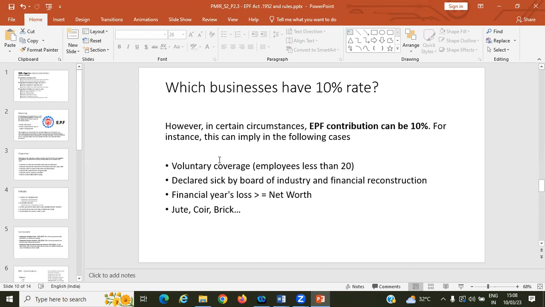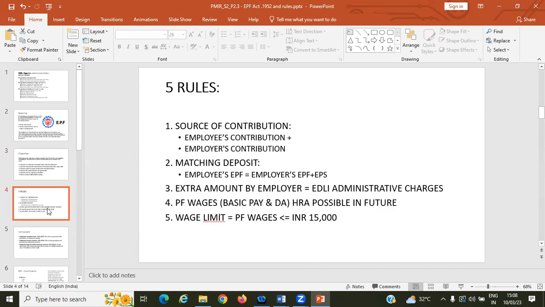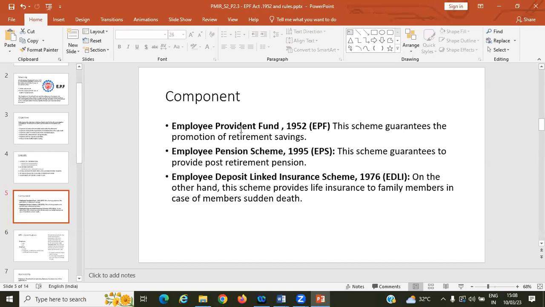And another important thing, we started discuss what are the main component schemes included in this act. There are three components we discussed. All these three. The first component is provident fund scheme, and the second one is pension scheme. The third one is insurance scheme. So for easy reference, we are telling everything included in the PF, Provident Fund.